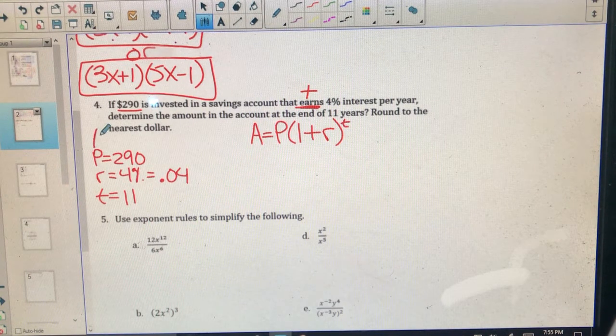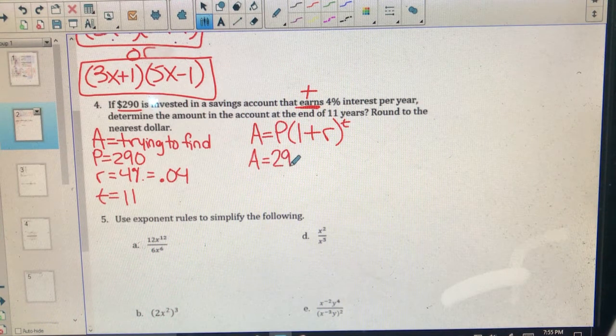That tells me that A is the only number I don't have, so that's what I'm trying to find. So I'm going to leave A as A in my formula and plug everything else in. 290 times (1 plus 0.04) raised to the 11th. And just like we practiced in class, you're going to plug that in exactly how you see it, parentheses and all, and you should get